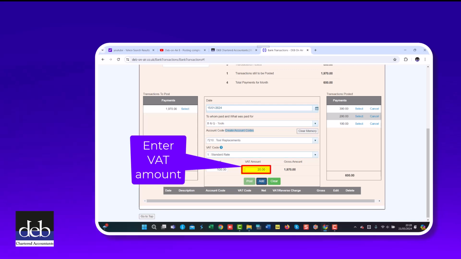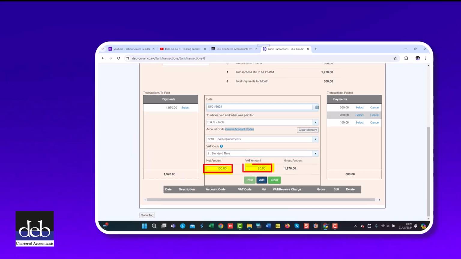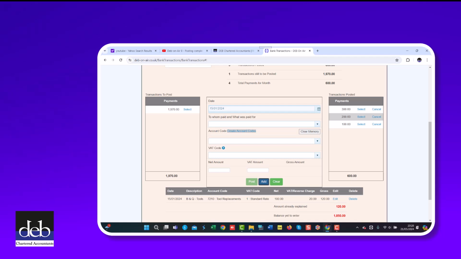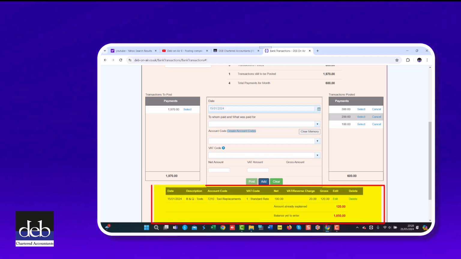of VAT. As the gross amount of the first part of the transaction does not equal the amount shown on the bank statement, Debonair will not allow you to post the transaction at this point. Instead, it prompts you to add the transaction. When you click on Add, the first part of the transaction is dropped to the Add section at the bottom